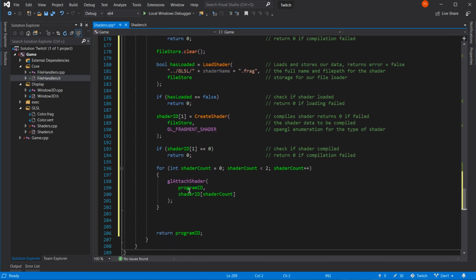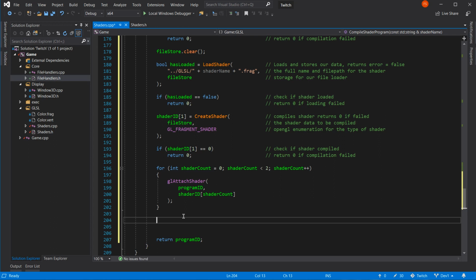So we attach the shaders that we have generated to the program, which is a good idea. As you can see, we use the shader IDs and nothing really to do with the file store. The file store is now used and dead. I could zero it out again, but it's going to get killed anyway at that bracket. Once this scope's ended, it gets deaded anyway, and the memory goes back to the operating system. So that's fine, we can leave that alone.